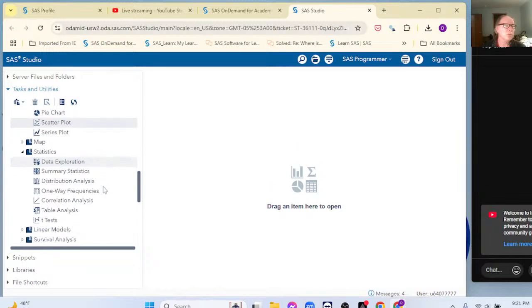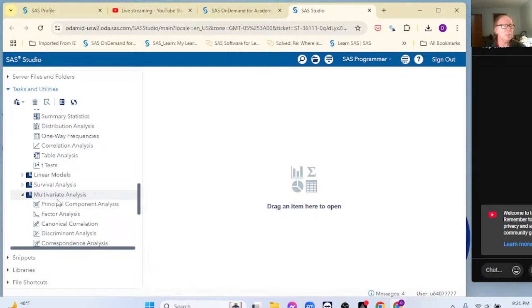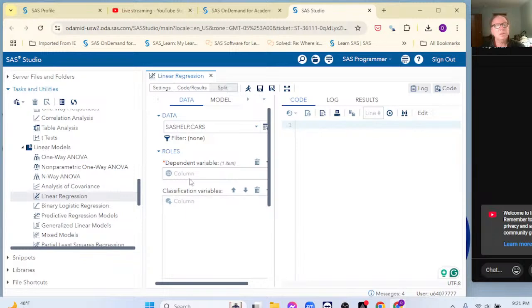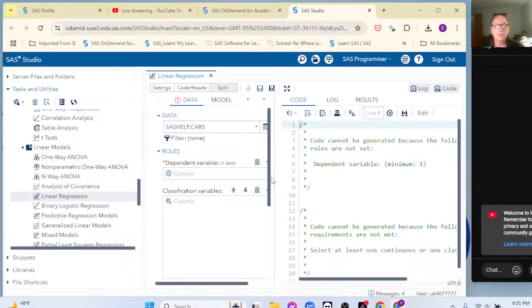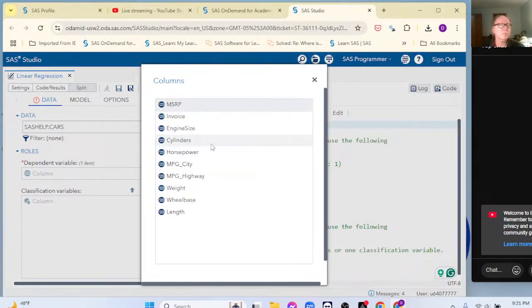Oops, I closed the wrong thing, didn't I? No, I didn't. Okay. So there's that. Let's try one more thing. Again, this is horsepower versus miles per gallon. Don't save that. Let's come down and look at something a little more interesting, shall we? Let's look at